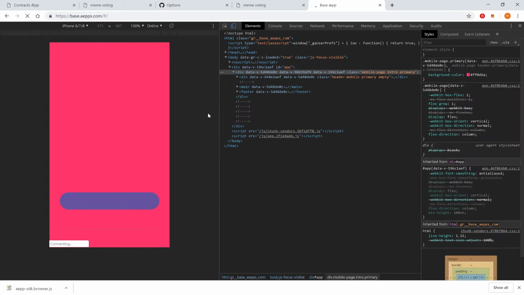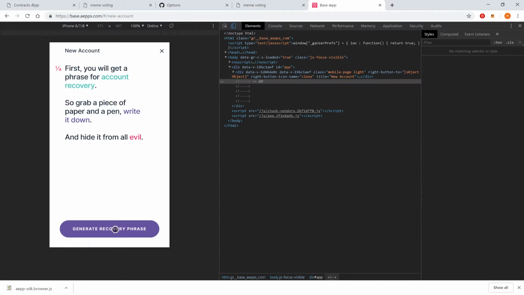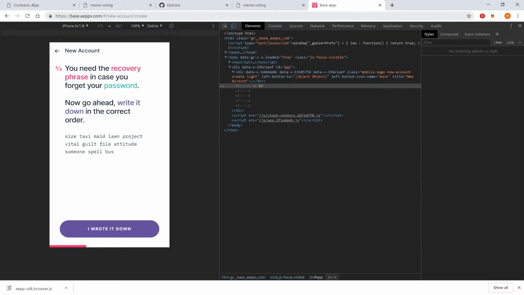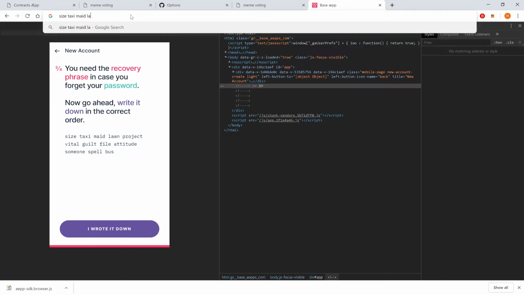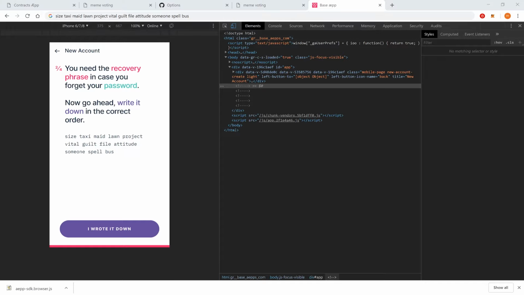Let's reload the page, and now you can create a new account or use the one you have. I will create a new account in a very insecure manner you shouldn't do. This is just a test account, so save your seed phrase somewhere where you can access it easily.